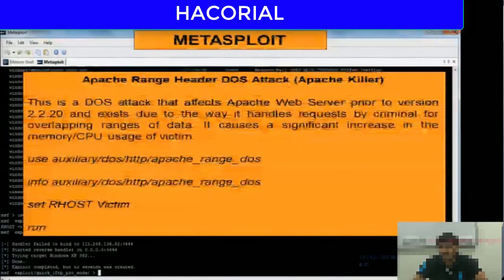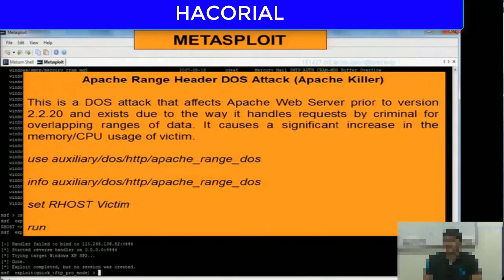Another type of DOS attack that you can execute using Metasploit is something known as the Apache Killer DOS attack. It is a DOS attack that affects Apache web servers that are older than version 2.2.20. So basically, during network reconnaissance and information gathering, if you find that the victim is running an Apache web server older than version 2.2.20, then you can actually use this Apache Killer attack or the Apache Range